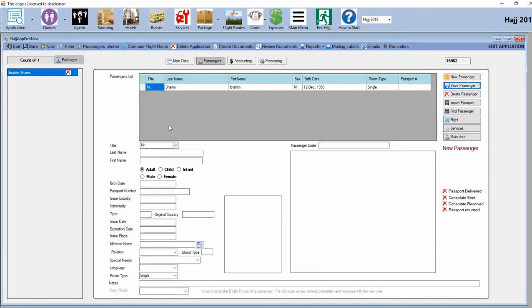To add another passenger, suppose we will add his wife, Ibrahim Shams's wife. I'll say add a new passenger here, and we'll say Mrs. and last name is Shams as well, and her name is Sophia, and she's a female. Birth date is November 11, 1997,